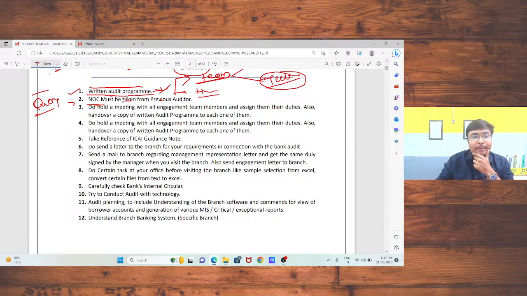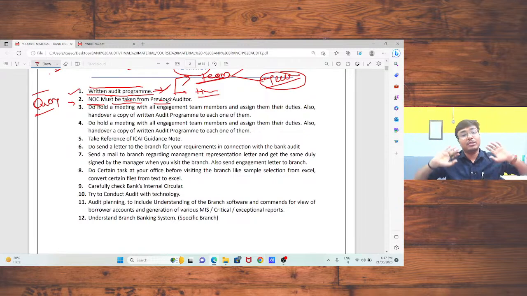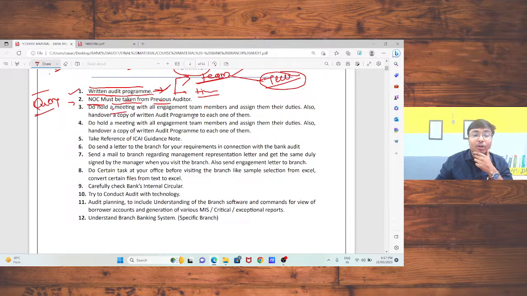Now, sir, NOC must be taken from previous auditor. You should take the NOC. This is the must and required thing. Do hold a meeting with all engagement team members and assign them their duties. How you can assign? Based on the traditional and based on the technological. Okay, who has the technological knowledge, you should give that person the work regarding the technology, that is Excel extraction,